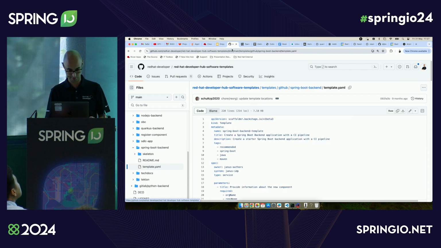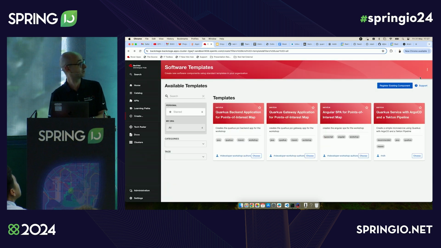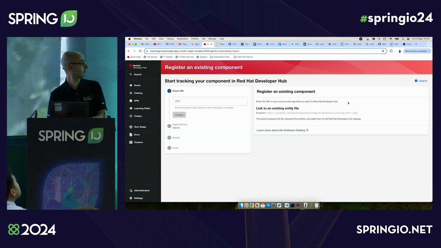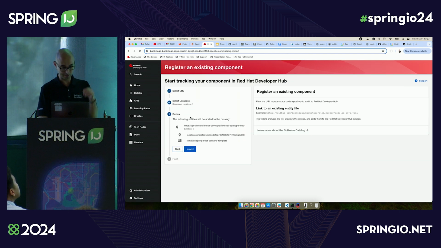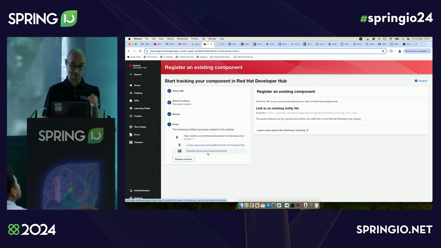So I'm just putting the YAML. Okay, now if I put it here again, and now it analyzes, it says, okay, if this is a template, you do import, say, hey, this is the location, finish, everything, the golden path has been installed, and